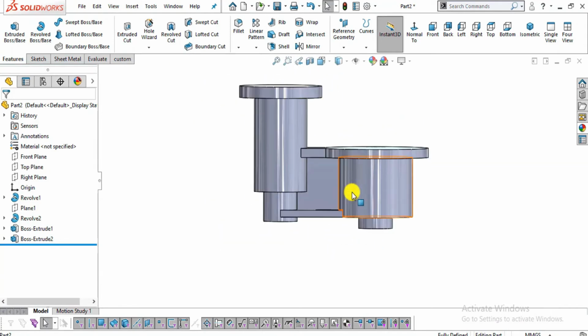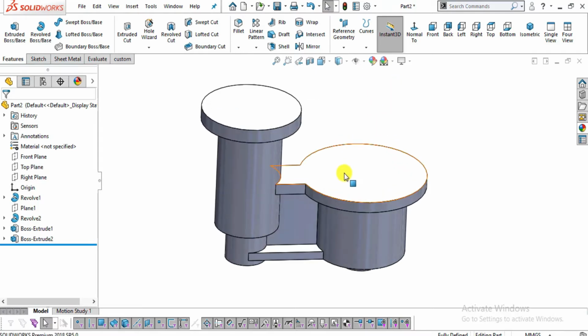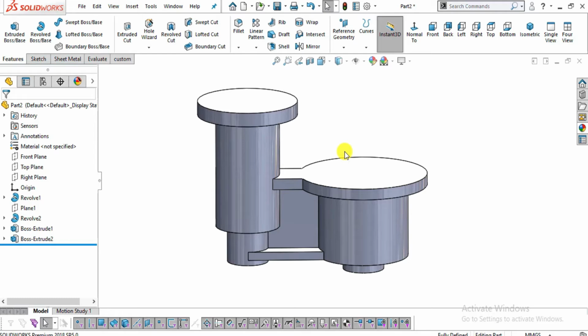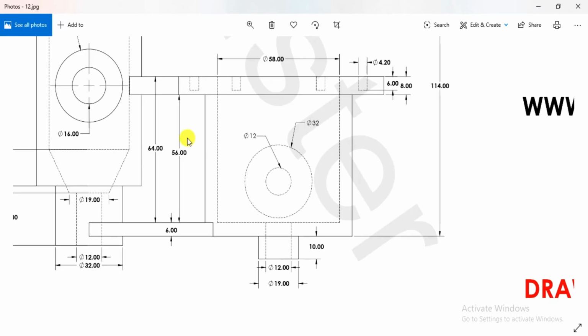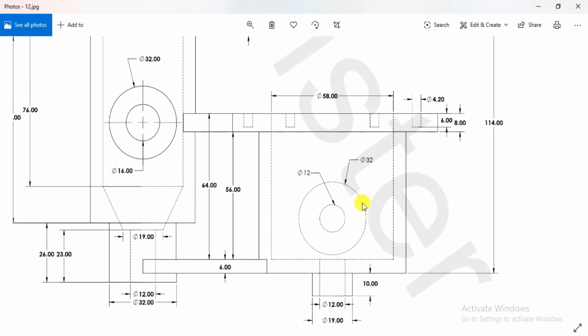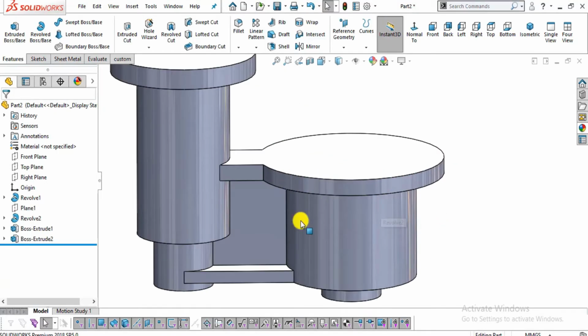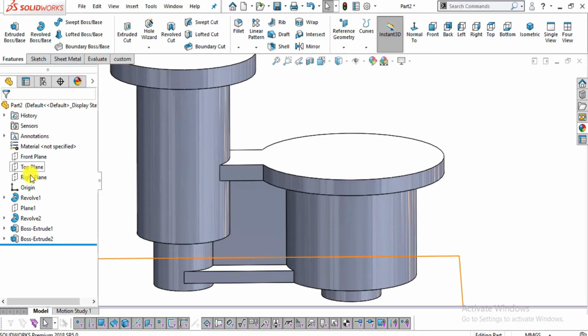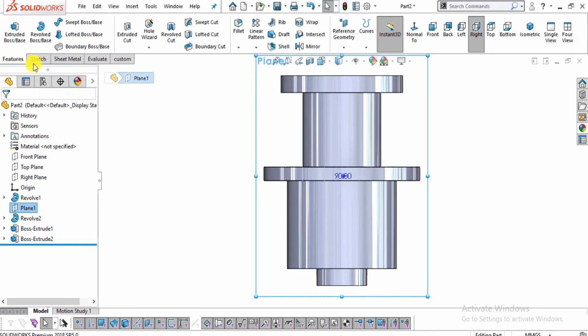Now we have to create some holes and some cutouts. For that I am going to use again revolve feature, and first let me choose a proper plane to create sketches. For example, first I will create this smaller body inner section. I will select this plane again, normal to and sketch.